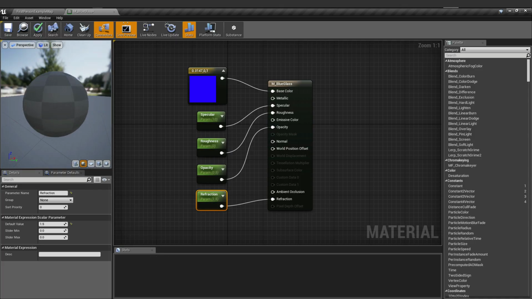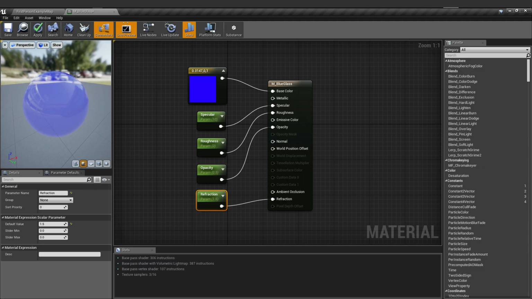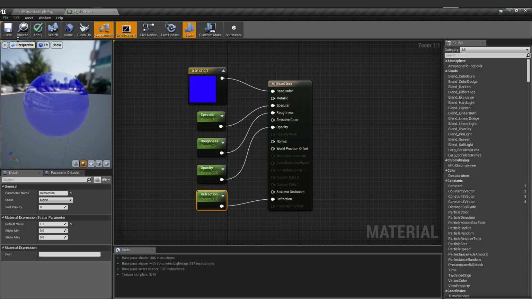So let's return it into a sphere as a sample of our material. So that's the basic glass. Let's save this and apply this material in our level.